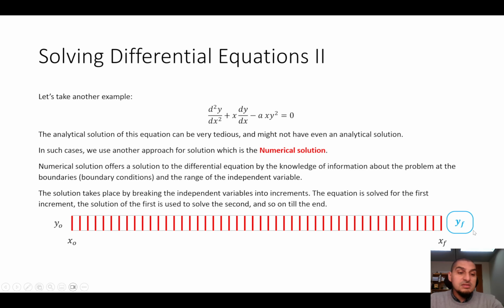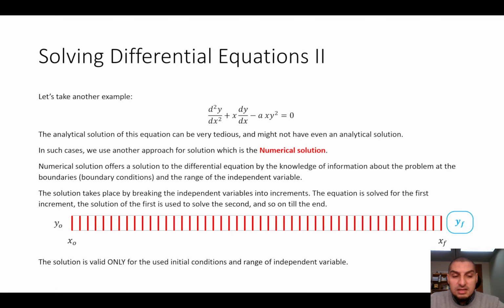Okay, so this approach is valid no matter how complex or simple the equation is. You can apply it regardless of the shape of the equation, and that's why it offers a solution to the problems that cannot be solved analytically. However, there is one very big drawback for this approach, I'm sorry, and this drawback is that